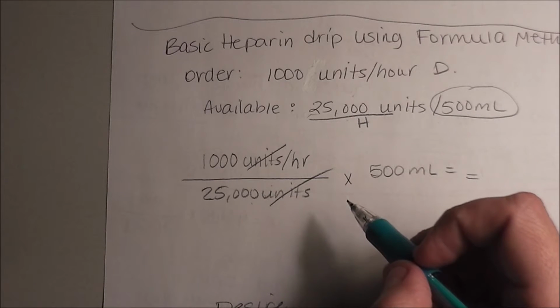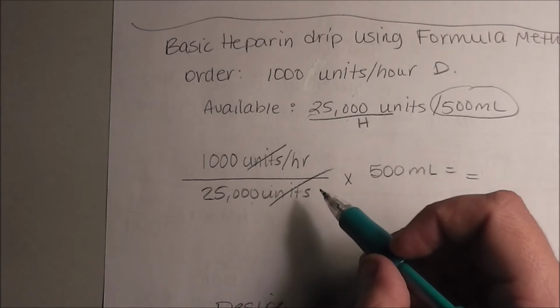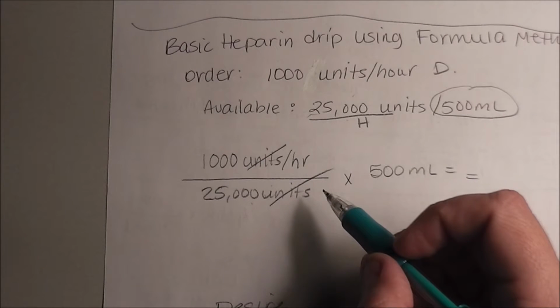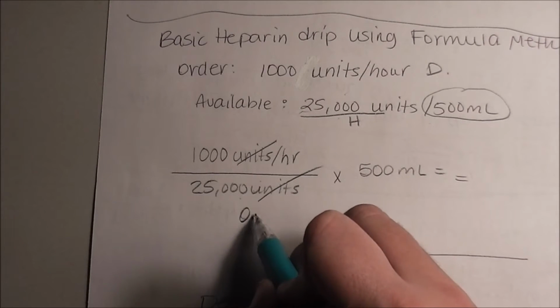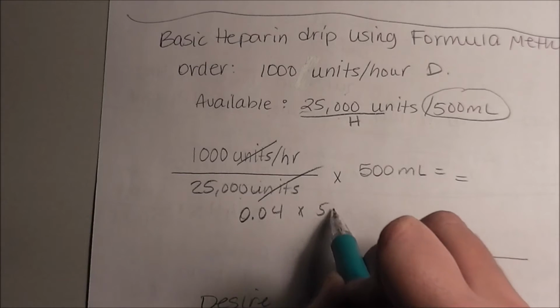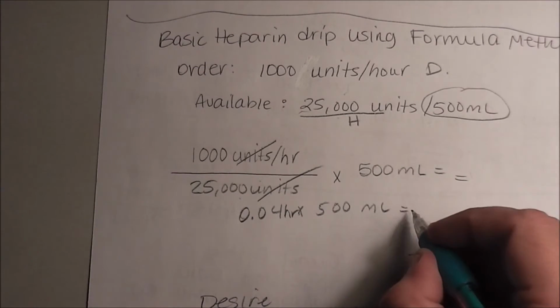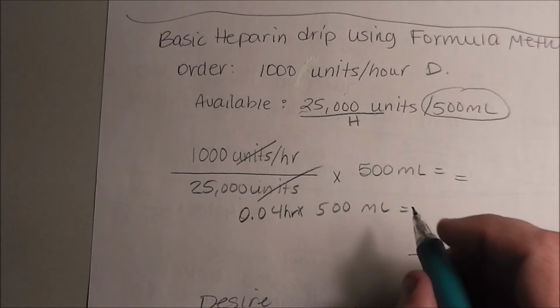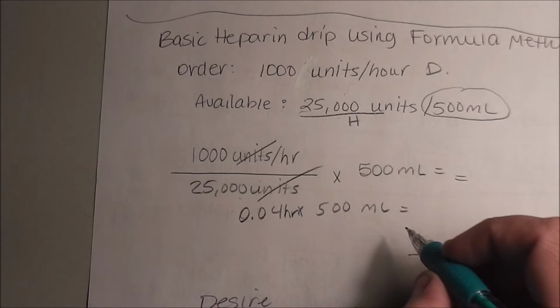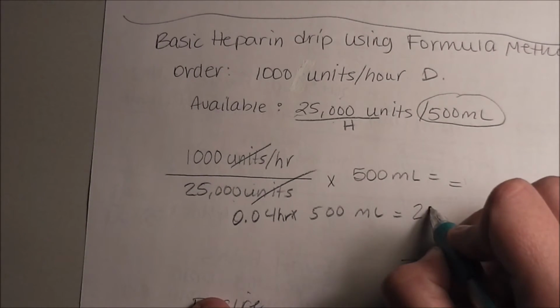Let me go ahead and do that real quick because I forgot to write that on my paper. I did it, but I forgot to write it down. So 1,000 divided by 25,000 is 0.04 times 500 milliliters. And don't forget your hour. Equals 20